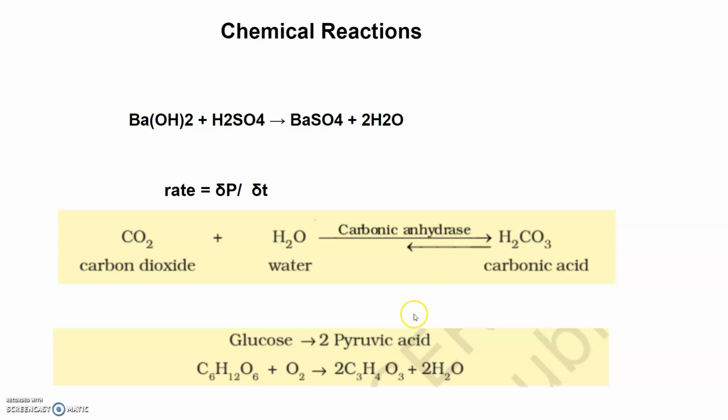So there are thousands of types of enzymes which catalyze the metabolic reactions, and there are multiple step chemical reactions, and each step is catalyzed by some enzyme complex or different enzymes, and that is called a metabolic pathway. Like glucose is converted into pyruvic acid. This is actually a metabolic pathway in which glucose becomes pyruvic acid through 10 different steps, and all these steps are enzyme catalyzed reactions. When we study respiration in chapter 14, we will study all the reactions, how glucose is converted into pyruvic acid.